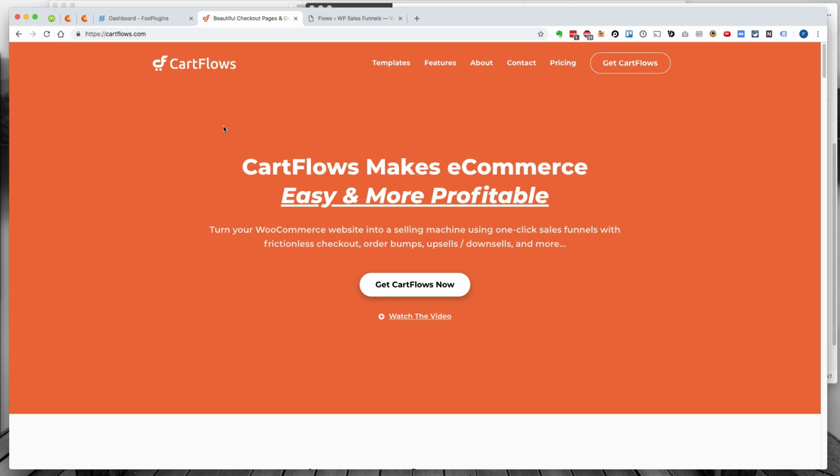It's still a brand new product, so there's a lot yet to come in terms of features and functionality, but what it does out of the box on launch day is pretty incredible. So I wanted to just give a super quick overview of it and show other users how it works, because they have a pretty amazing